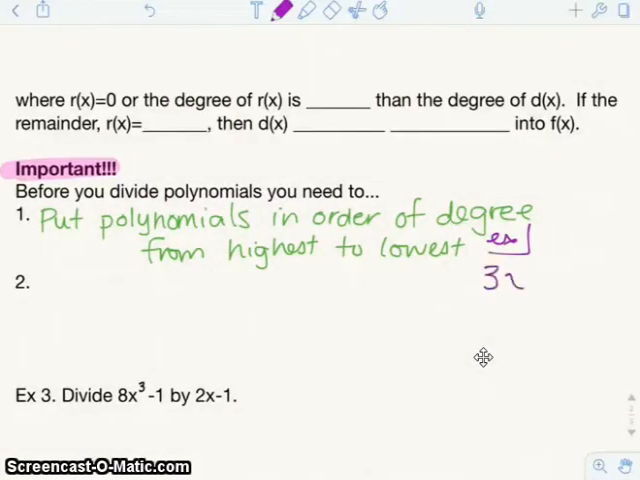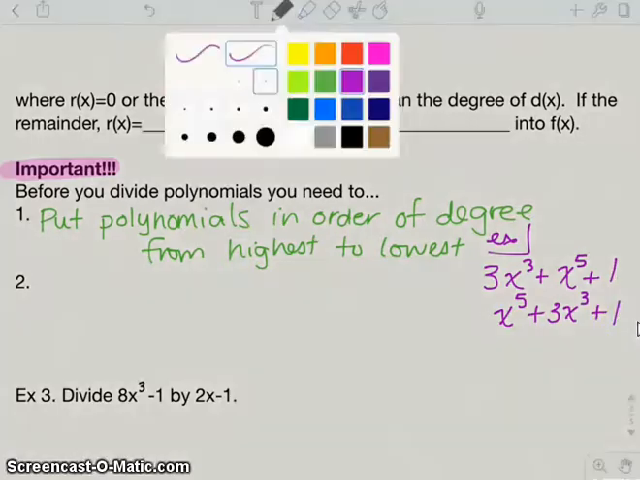Let's say you have 3x to the third plus x to the fifth plus 1. You want it to be x to the fifth plus 3x to the third plus 1. Because notice now x to the fifth, that's the biggest exponent. It comes first. The next biggest exponent is a 3. This has an exponent of a 0. So they're going in order from highest exponent to lowest exponent. The next rule